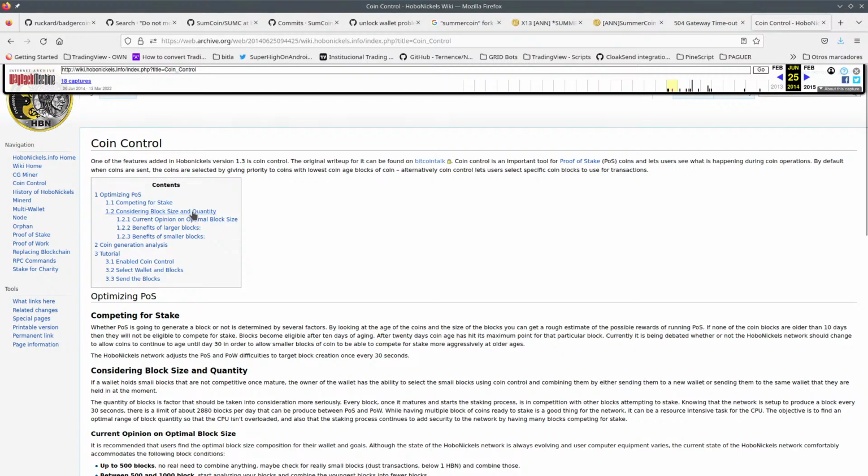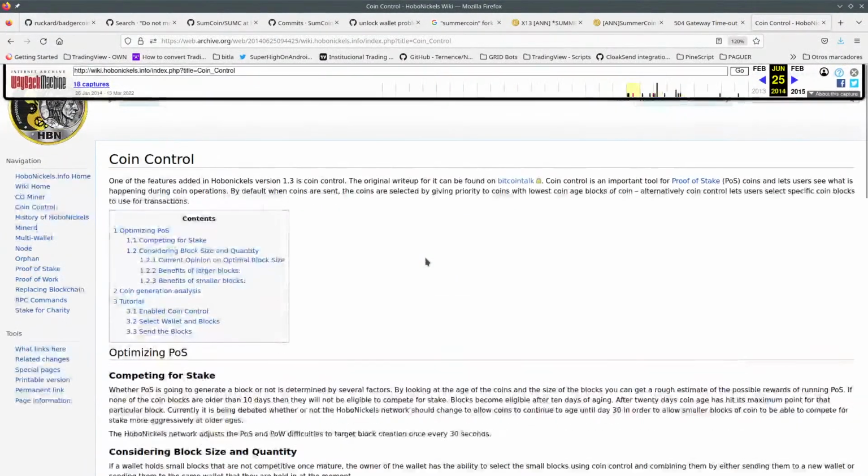Okay, so wait a minute. Nickels. Oh my god. So everyone copied this feature from Nickels, isn't it? Look at that. One of the features added in Nickels version 1.3 is coin control. The original bright upgrade can be found on Bitcoin Talk. Coin control is an important tool for proof of stake coins and lets users see what is happening during coin operations. By default, when coins are